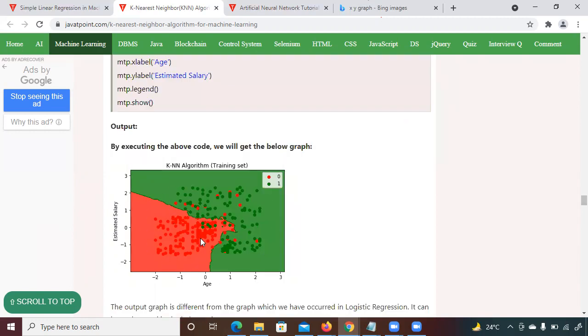So then when you are going to draw the graph, it will be visible like this. If you see here, the green color will belong to one category, red will belong to another category. But if you see carefully, in the green one as well, you will get red data points. In the red one as well, you will get green data points. What is this? Always remember, you won't get 100% accuracy. There are a few data points which belong to the red category, but they are kept near this green one. So they are called incorrect predictions, or you can say outliers.